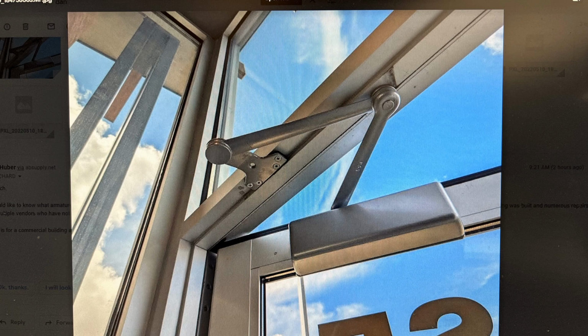Hold on one second. So where they've installed it is in the rabbet of the frame. It needs to be installed on what's called the soffit. Okay. And yeah, you're right. It's in the wrong spot. That certainly is why the arm